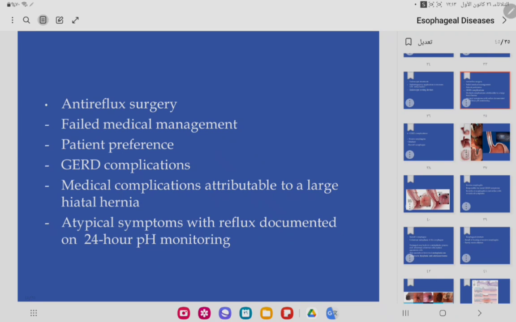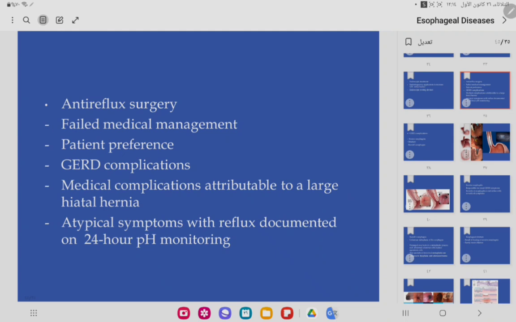But if he gains weight again, for example, and if he's eating a lot of carbohydrate, a lot of sweets, these things, he might still have some heartburn and symptoms might reoccur. So yeah, it will reduce the burden of the symptoms by a large percentage, 70-80-90%, who knows, but it might reoccur. Okay. A medical complication attributable to a large hernia, as we said, you send them to surgery electively, especially the